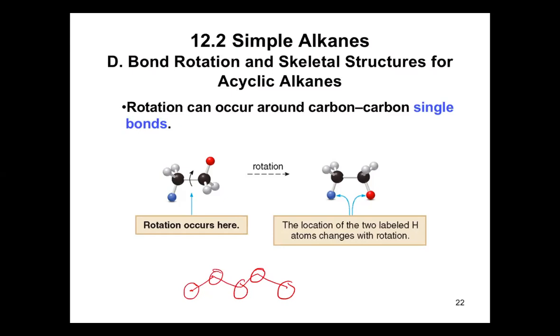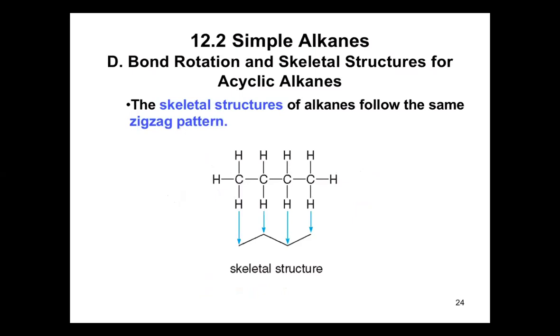Okay? So here's an example of the skeletal structure of alkanes which follow the same zigzag pattern. So as you can see, sa complete structure niya, you have 4 carbon atoms, kahit hindi siya naka-zigzag pagka complete structure. Pero pag line structure, syempre, common sense, hindi pwedeng straight line lang siya. In the first place, you will not be able to count how many carbon atoms. So yun pa yung isang reason kung bakit zigzag din yung pattern. Aside from rotation, conventionally, mas madali ibilangan yung carbon atoms ng zigzag pattern.